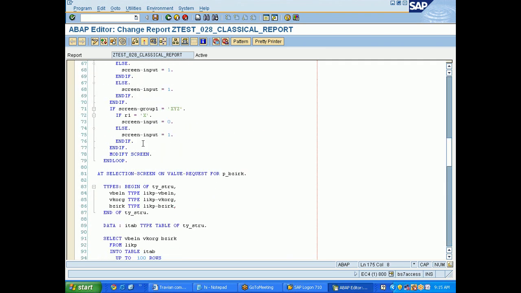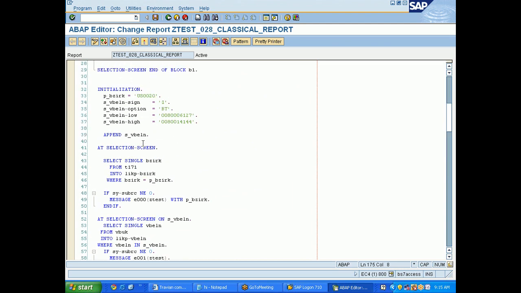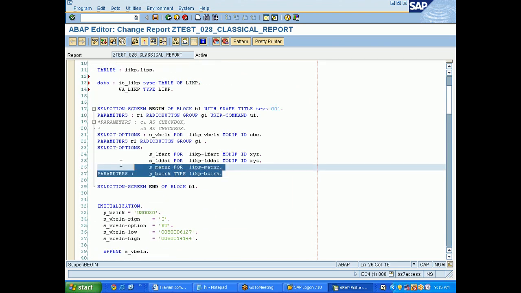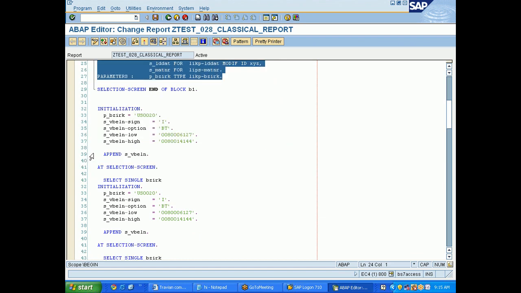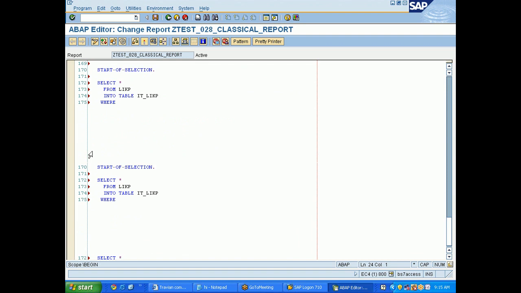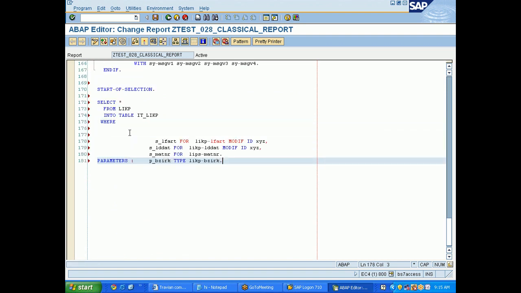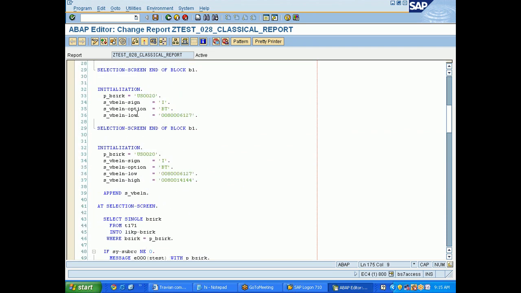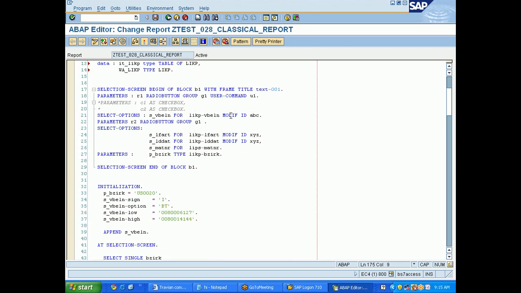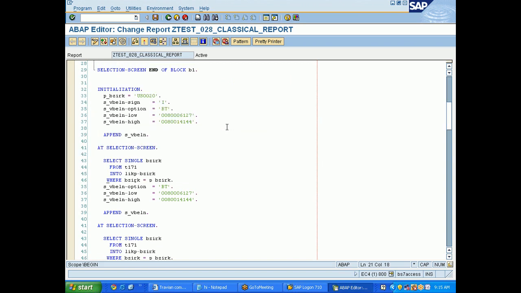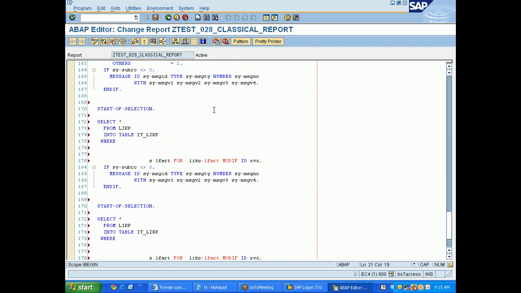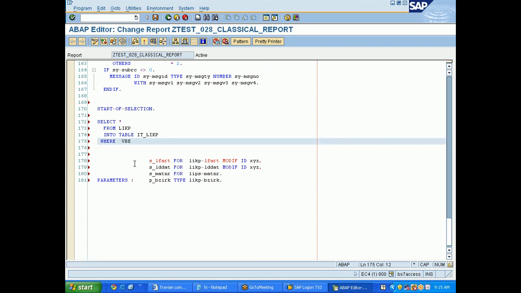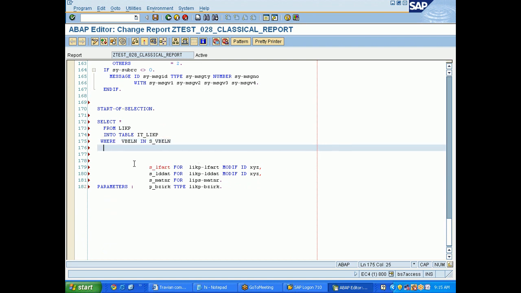What are the selection conditions we have given here? Just check it out. All these selection conditions. You can give WHERE VBELN also, I think. Yes, sir. VBELN, S_VBELN is also there. So I will say here WHERE VBELN IN S_VBELN, and